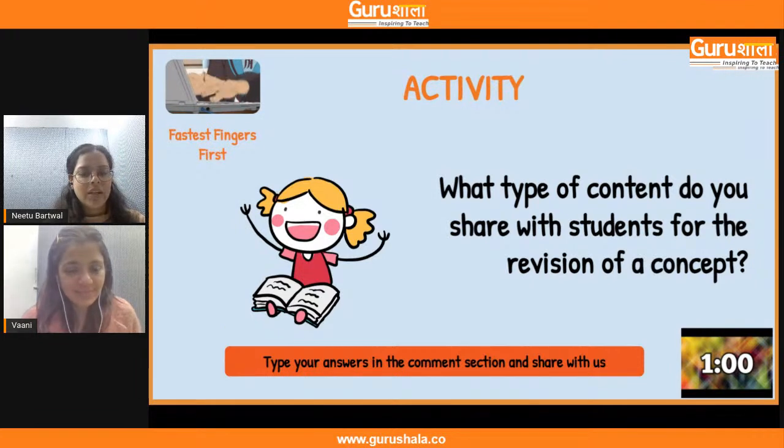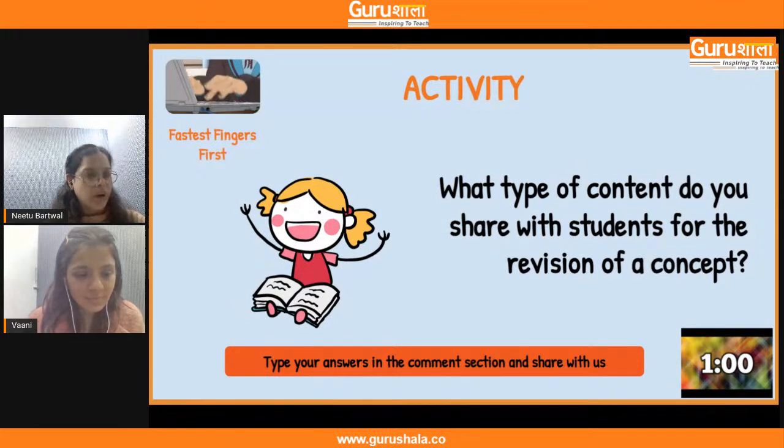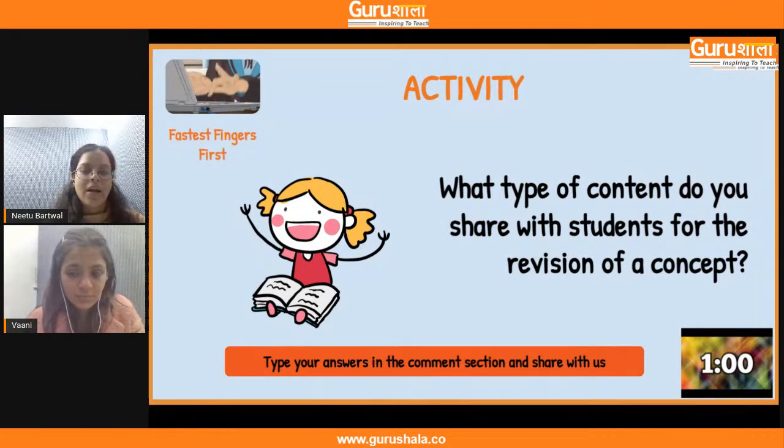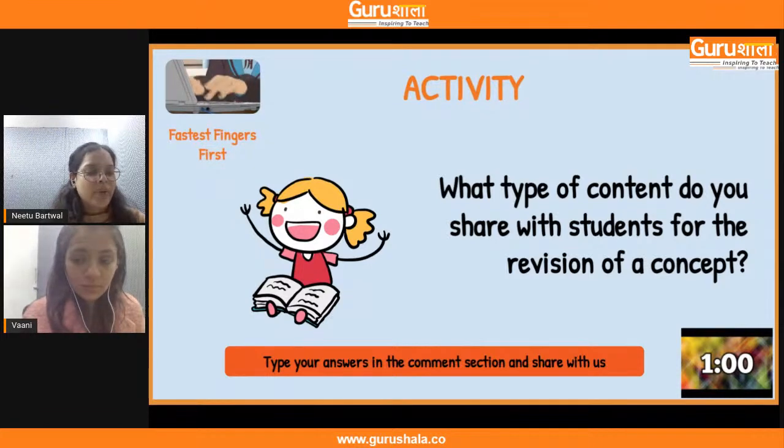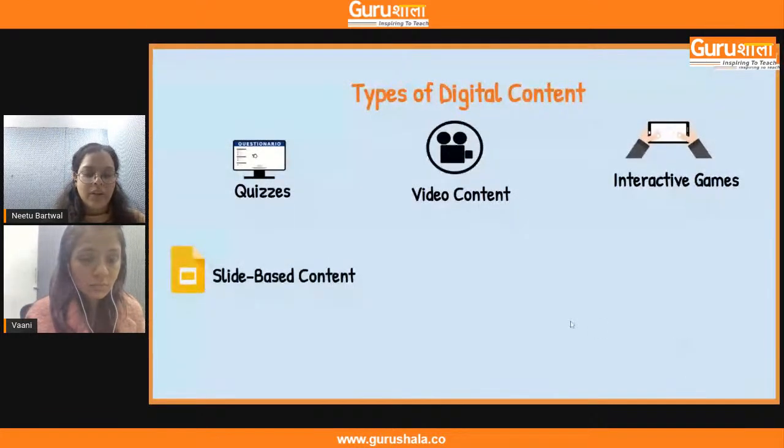So going ahead, Vani, we can see that teachers have shared that they share Google Forms, printed material, mind mapping, and there are a lot of other examples as well. These are certain kinds of content which we generally share with students for different purposes. Generally we share printed material if we want to explain a concept or share an explanation. We share Google Forms sometimes for assessments, or sometimes for concept explanation as well. So there are certain purposes linked to a certain content type. Going ahead, I would request you to share with our teachers what the different types of digital content are that we can share with our students.